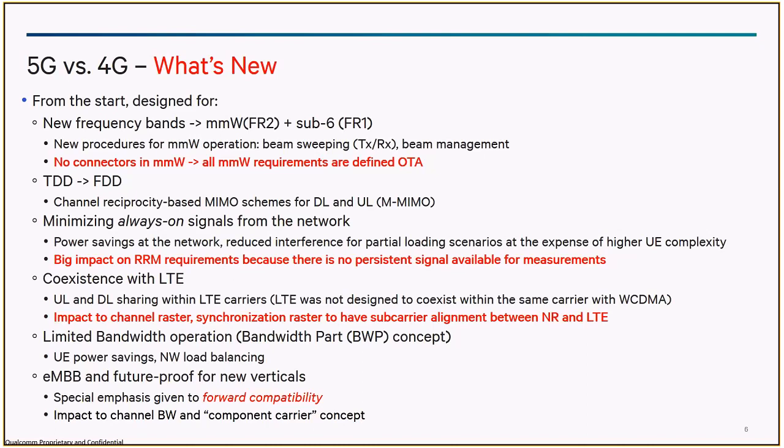You would actually have new procedures for millimeter wave operation, like beam sweeping and beam management. The cell size of a typical millimeter wave cell would be a few tens of meters. And to get a slightly more extended cell range, you might have to deploy multiple antennas. There would be about 128 antennas on the base station and 32 on the UE side to give you that gain, so that the range could be extended from a few tens of meters to 100 meters, that sort of thing.